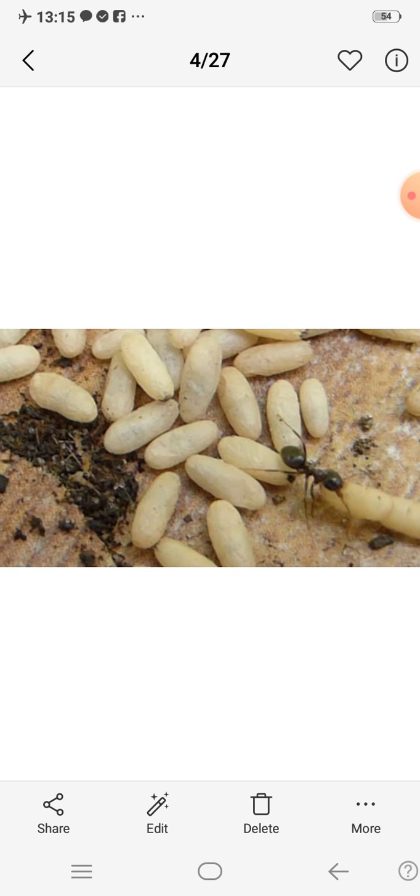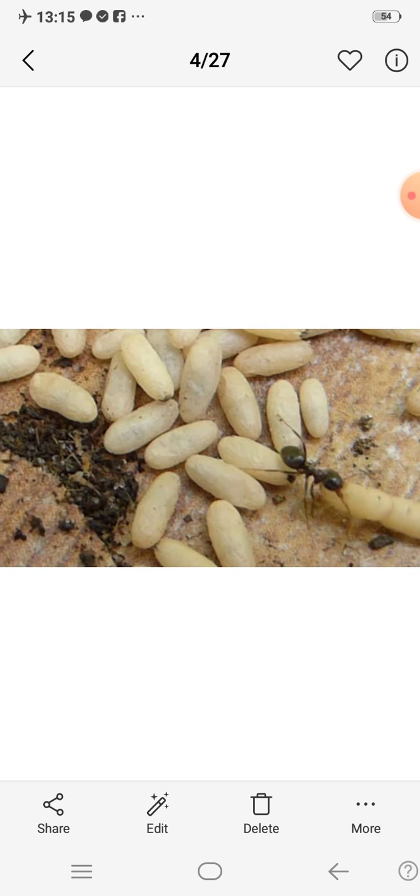Now let me explain the worksheet. The first question: name the continent in which the Amazon basin is located. The second one: what are the crops grown by the people of the Amazon basin? What crops do they grow? They grow tapioca, pineapple, sweet potato, coffee, maize, cocoa. So you have to write the crops grown in the Amazon basin.